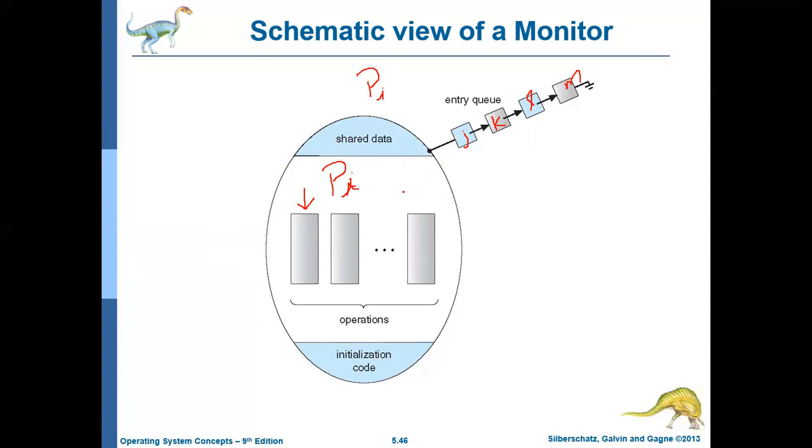Okay, for that it maintains another queue. So the concept here is PI is executing, its execution is not finished, but in between it wants to take a break, to halt for some time, maybe for some IO operation or whatever it may be, and then it may want to resume after a period of time. During this halting period, you need not keep PI inside the monitor, because if the operating system keeps PI inside the monitor during this time, then all other processes will be blocked unnecessarily. So during this time, PI should be removed out of the monitor so that other processes can enter.